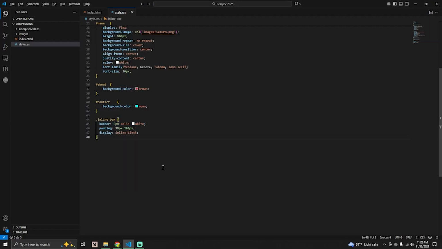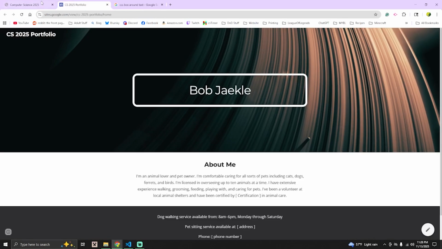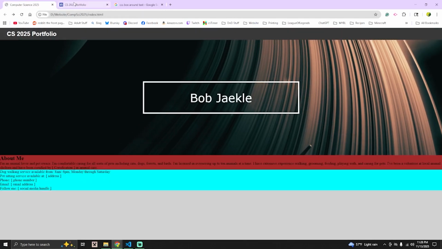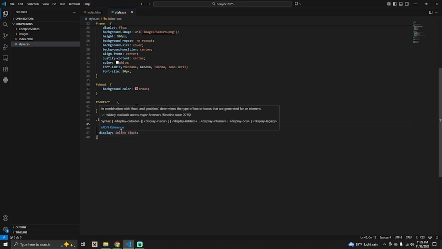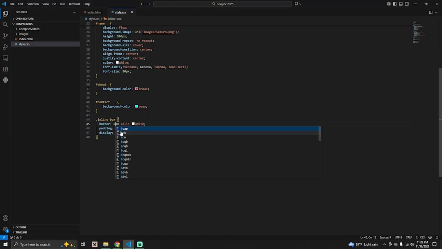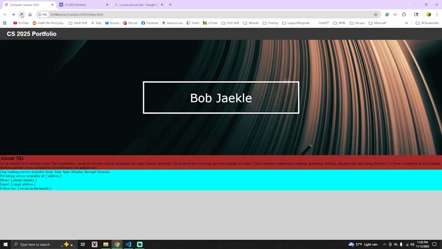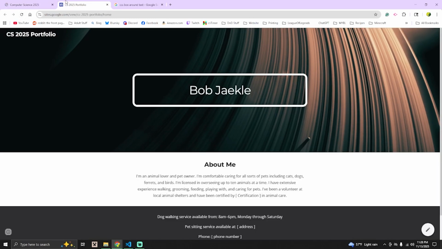So let me see about the thickness of my line. Maybe the thickness of the line should be a little bit better. Let's call this 8 pixels. Let's see what that looks like. All right. Definitely closer. Okay, so we're close, and then the last thing that we'd want to do is we want to